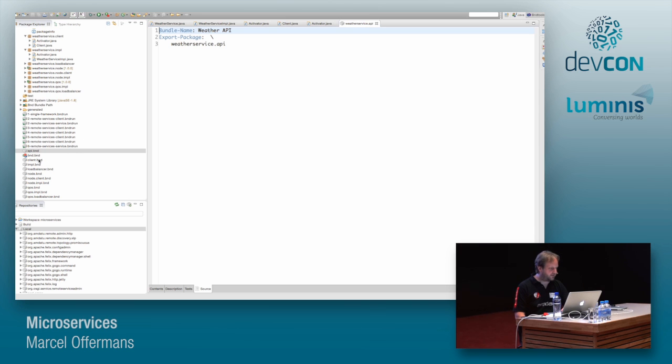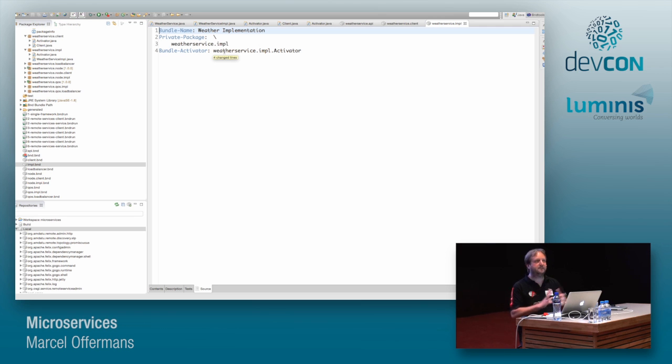I have another one that has the client, and that just has the client package inside its bundle and the definition of the activator to get the client started. And the third bundle we have is the actual implementation of the weather service, and that just contains the implementation package and again an activator which will then publish the service.